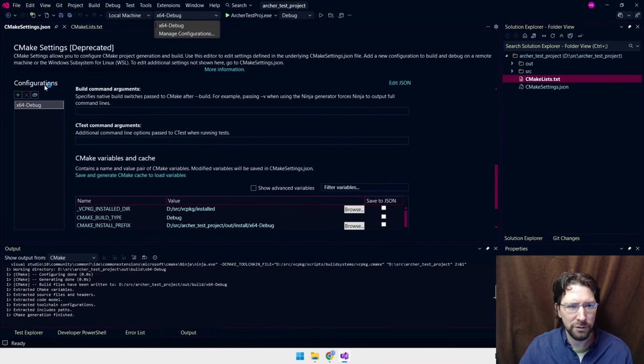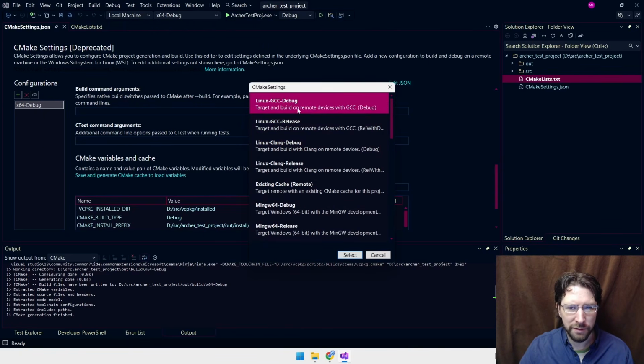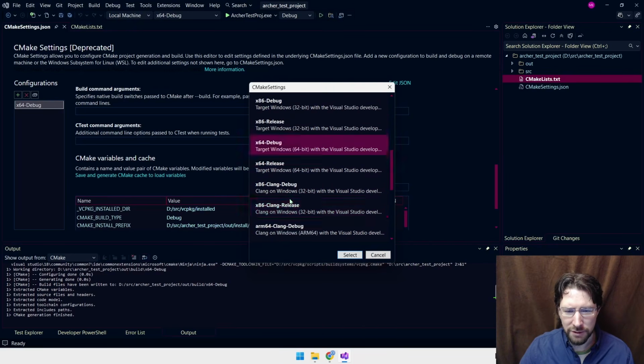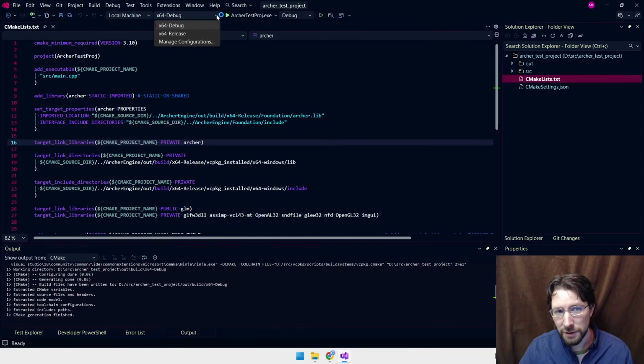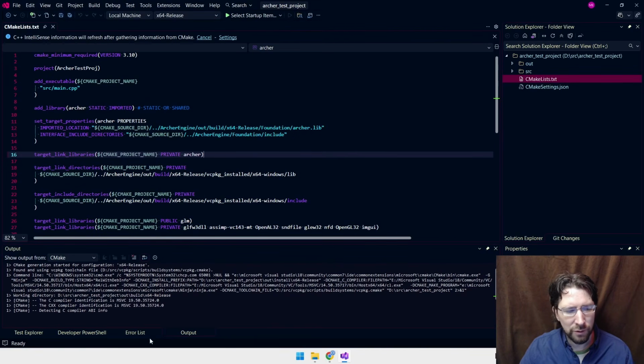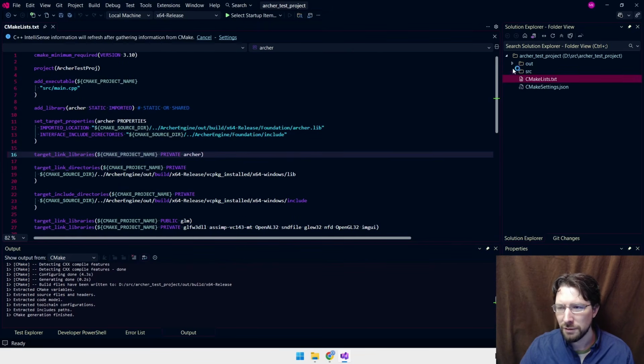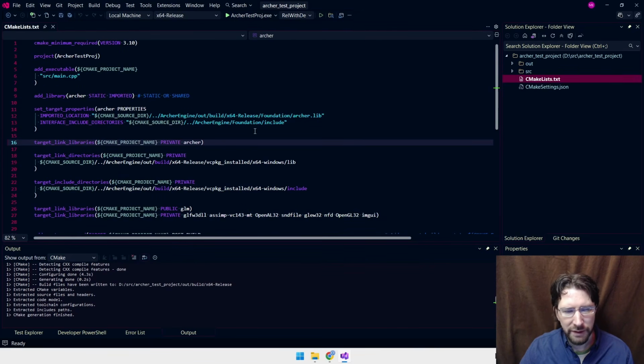So all we do is we just go to manage configs there and add a new one with this little plus button, and it allows you to pick from a bunch automatically. We're just going to pick x64 release and select that. I don't believe we need to do anything, and it should configure on its own for the most part. But first we do have to save and close this thing, and then when we switch this to x64 release, it should redo the CMake and set up what we need to set up, which is basically going to be some automatic stuff of figuring out or setting some runtime stuff.